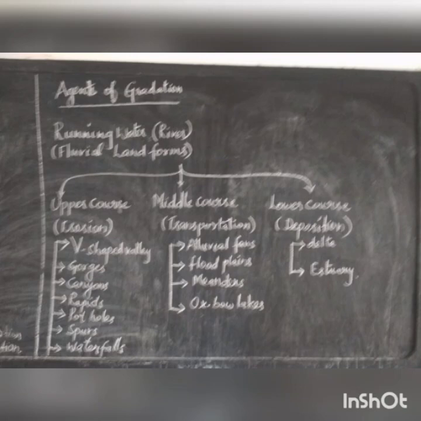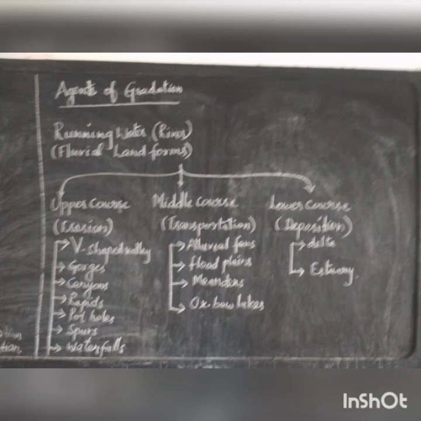Next, estuary. Estuary is formed where the rivers meet the sea. For example, river Narmada and Tapti. Delta. A triangular shaped low-lying area formed by the river at its mouth is called a delta. For example, the Kaveri Delta. When we are in Erode district, we can easily see the river Kaveri, and we can see the Kaveri Delta in Tamil Nadu.